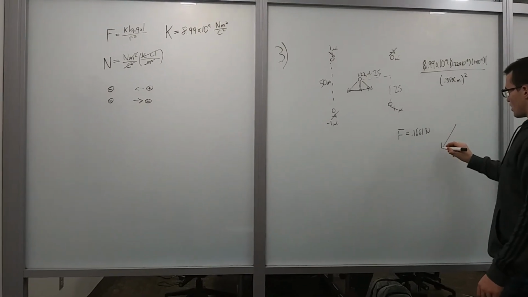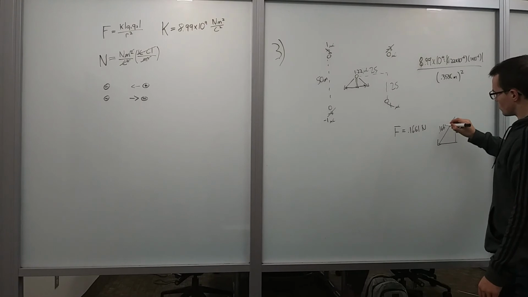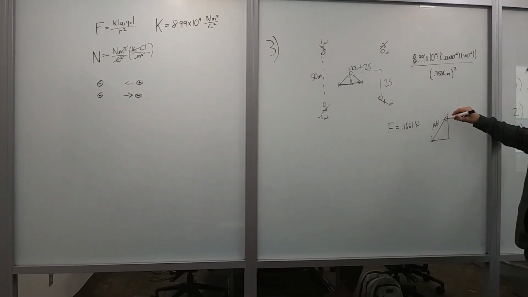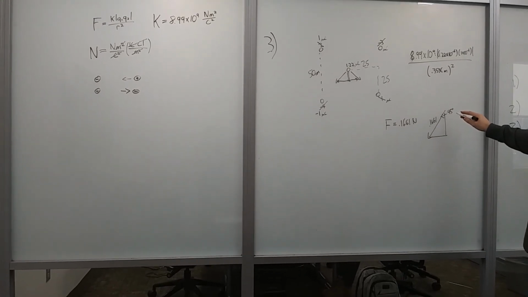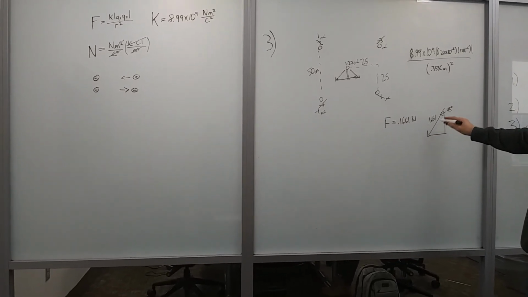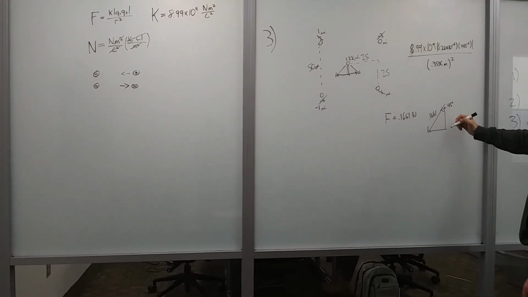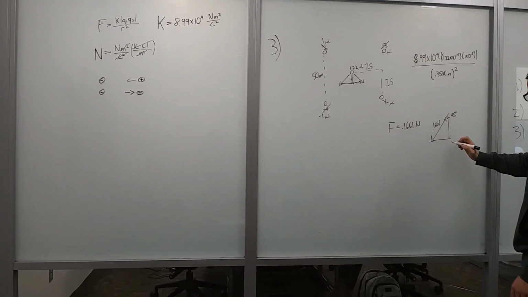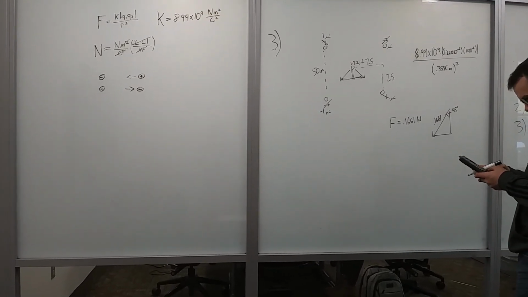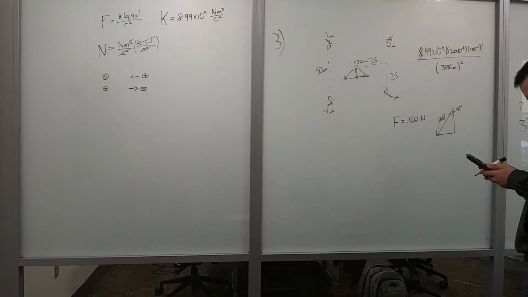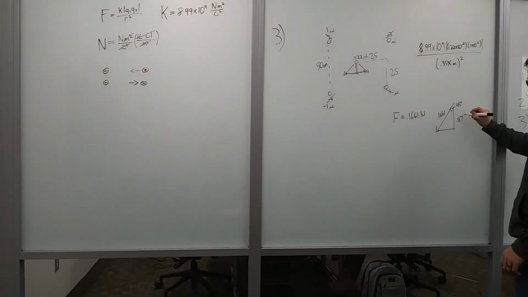So we make another triangle, 0.1661. We know that this is 45 degrees. So if you take the cosine of 45 degrees and multiply it by 0.1661, you should get this value right here. And we find out that that value is 0.1175